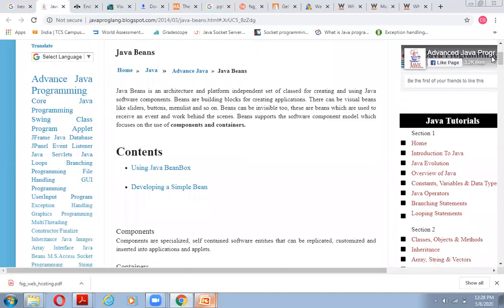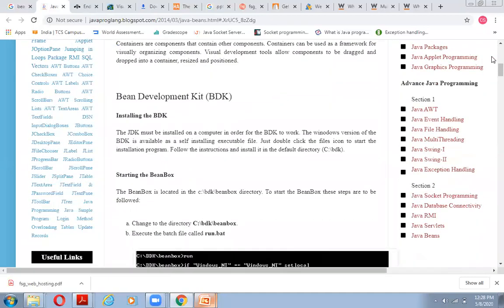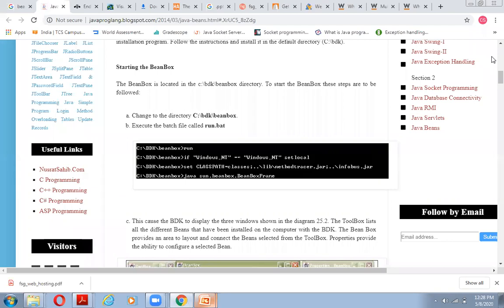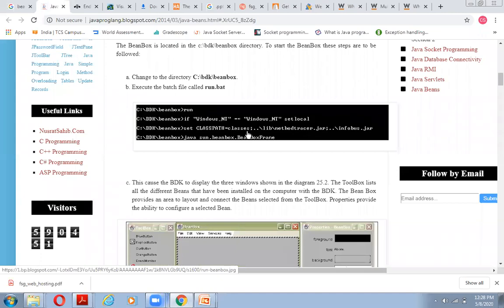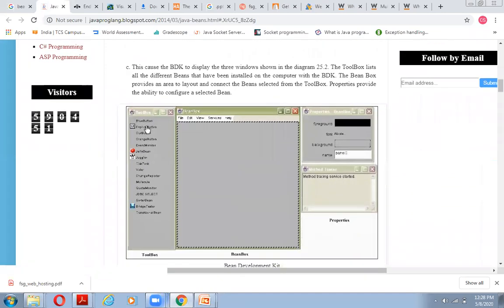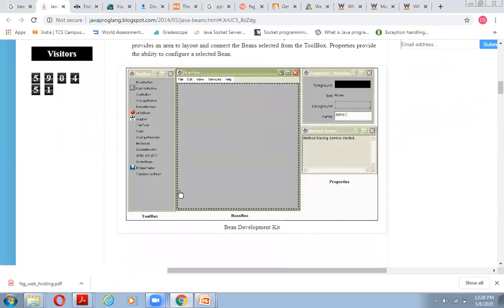Okay, now let's move on. What is the Bean Development Kit? In the Bean Development Kit, we do our bean development process. For this, we have a BeanBox. We just run that BeanBox. If the window is empty, then we select the software location. Then for the class, we set a class path. After that, the frame will come. This is the Bean Development Kit, and this is the place where we develop our bean. With the help of this, we can set the various sizes of things we need with the help of the available toolbox.